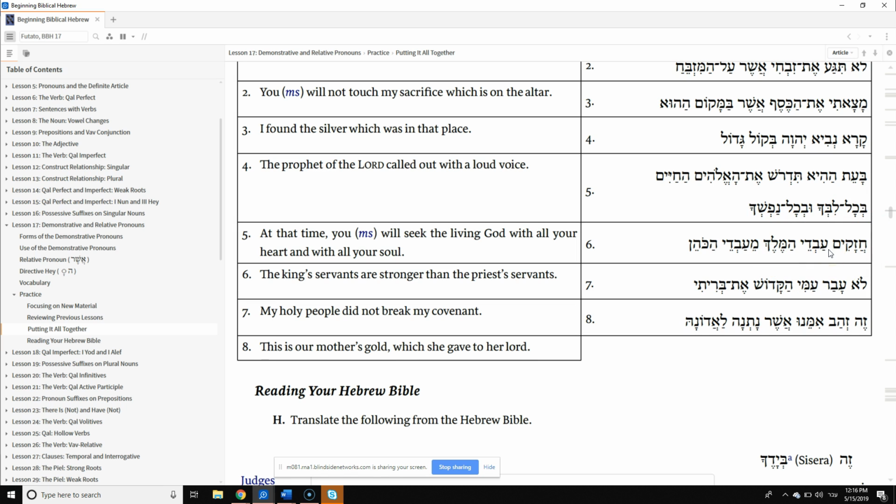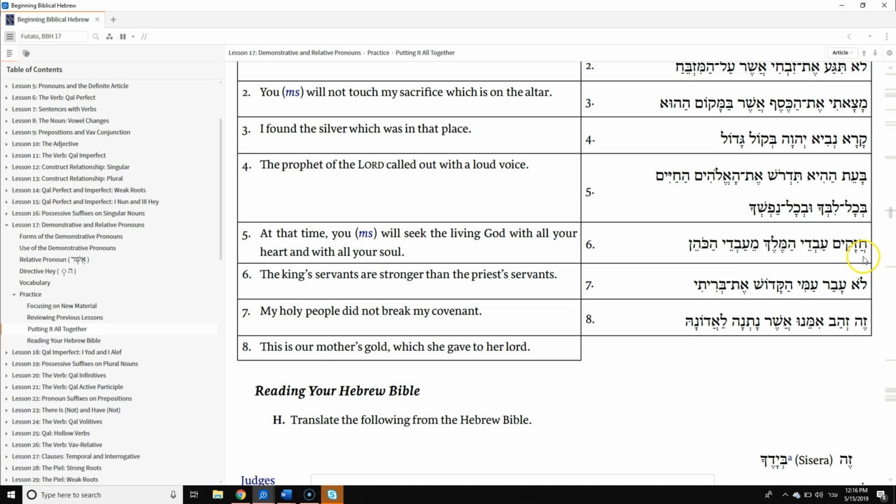So here, and actually I missed this when I was going through the first part, we should have recognized that neither of these has a definite article, but technically this noun is definite because it's part of the construct phrase here. So the fact that this is missing the definite article, because this is not part of the construct phrase, it's an adjective, tells us that this is a predicative noun. So what we've really got here